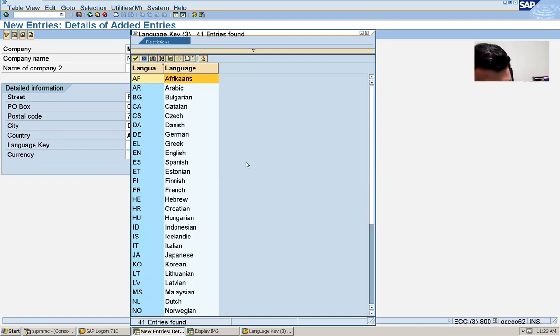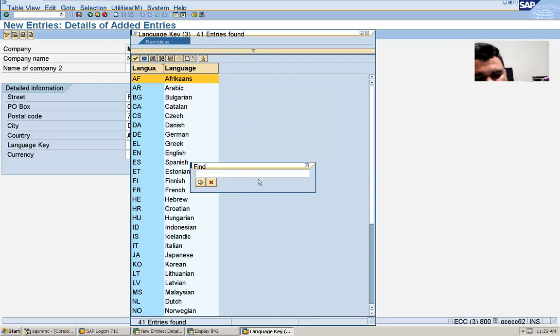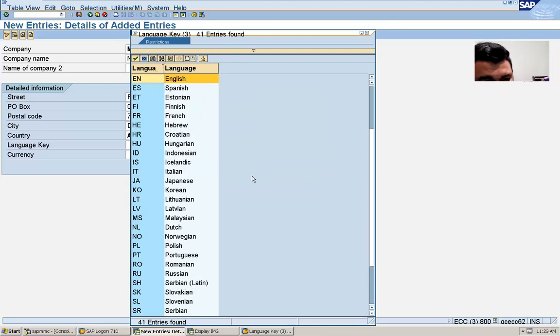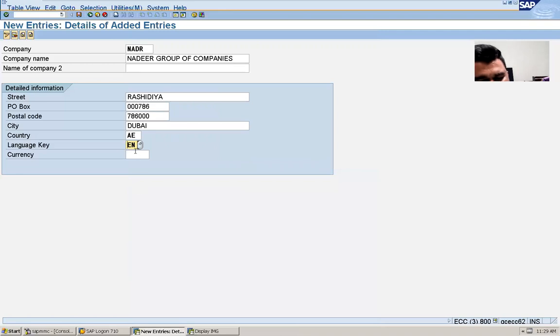You can type Control F, or click this binoculars and type English. See, it has come on top. But if you know these things, you can directly type. Like currency will be AED. No need to click this drop down button if you know the things.